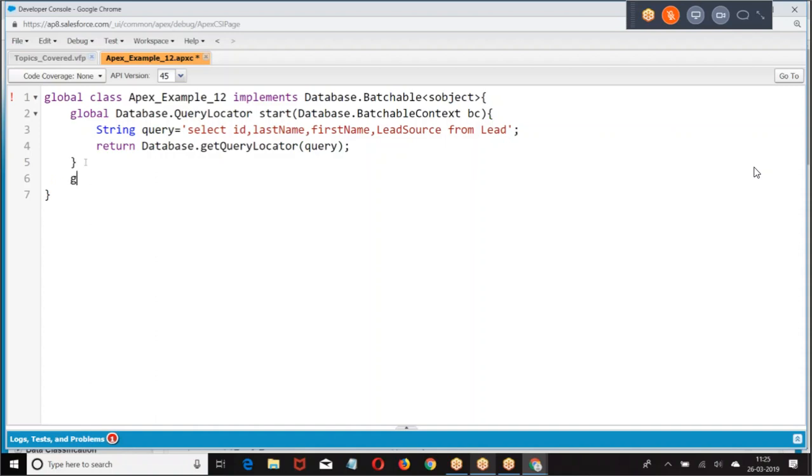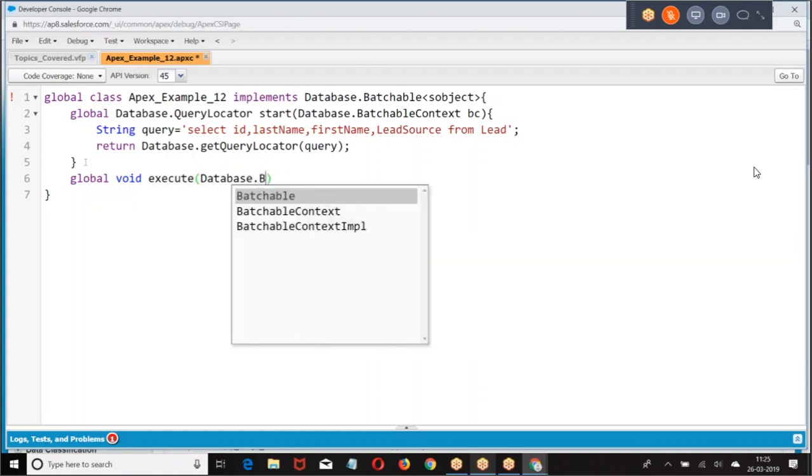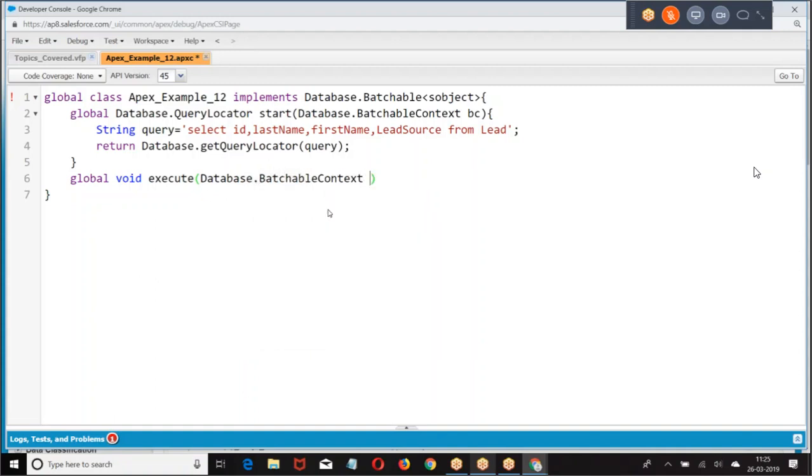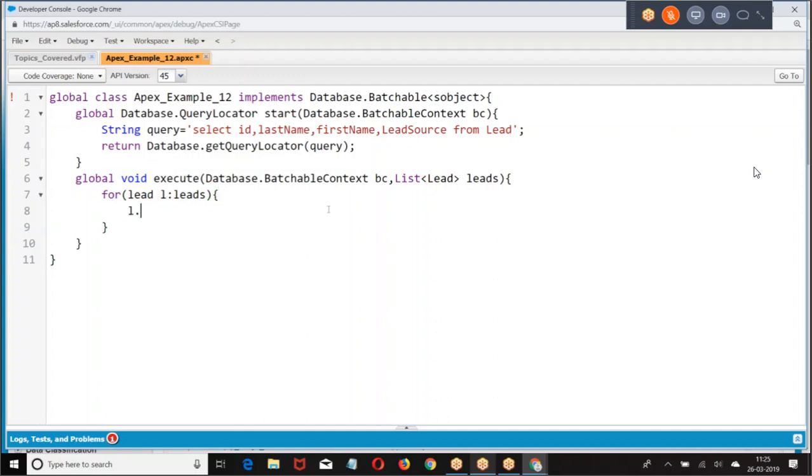Then I'm going to give batchable context. Please. Update.